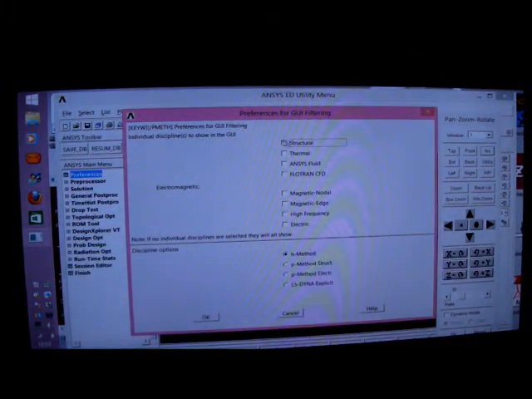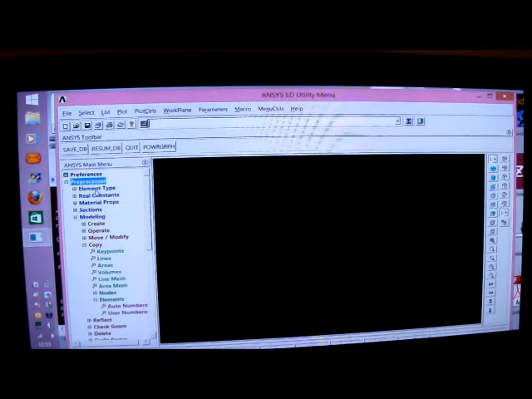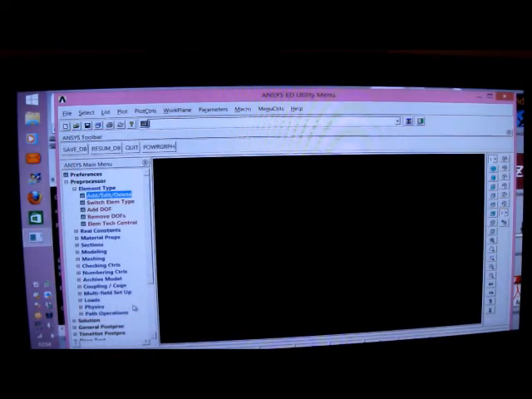Click on structural, click on OK, and then click on preprocessor, element type, add, edit, delete. Add an element, and I'm going to use shell 93, 8 node 93. So I'll come down there, you can see it's shell 8 node 93, I'll press OK. This is because I'm in ANSYS 11. If I'm in ANSYS 13, I've got to use shell 281, which is a slightly different